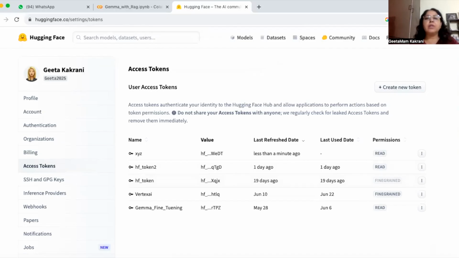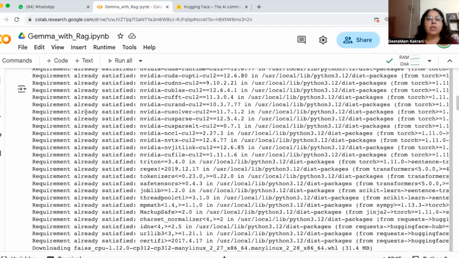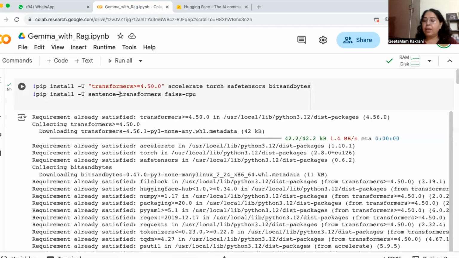So don't worry. Now I'm going to my Colab. The code is already written here because it takes more time to compile. So first of all, I will call the library transformers, which I already discussed. It's used to load the model. And just to avoid version problems, you can call